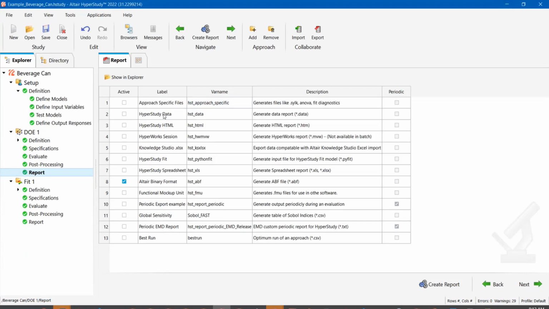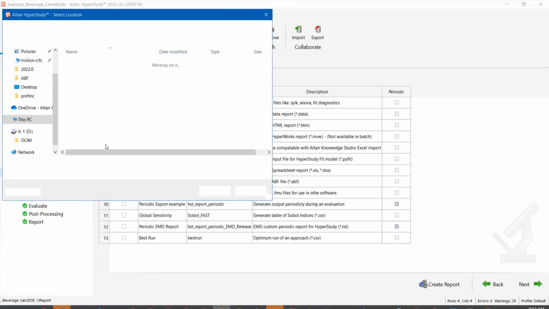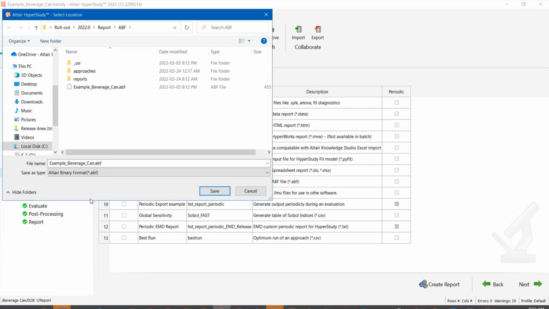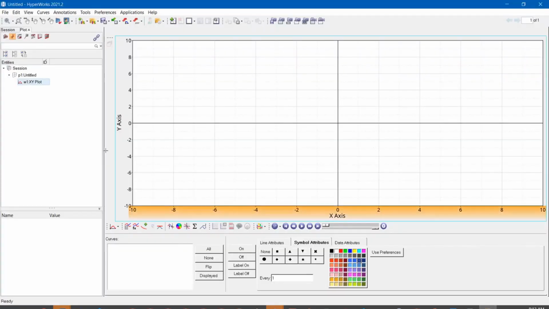Another option is we can create this ABF file from the file export option, and we have this new Altair binary format option here. This is going to create an ABF file containing all the data from each approach. So if I go to HyperGraph here to demo it,